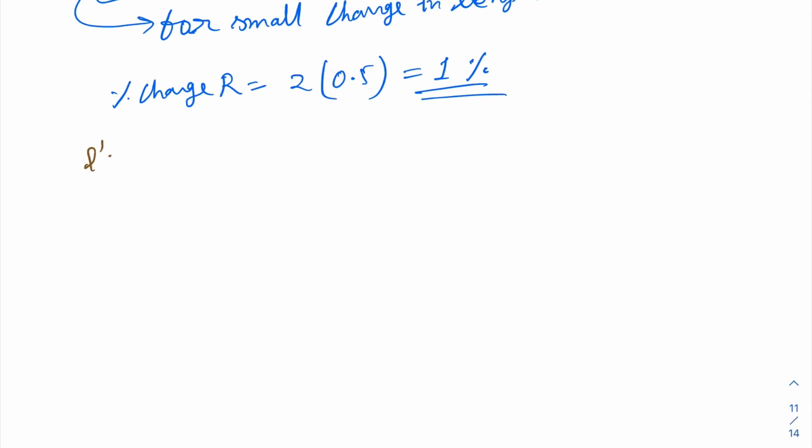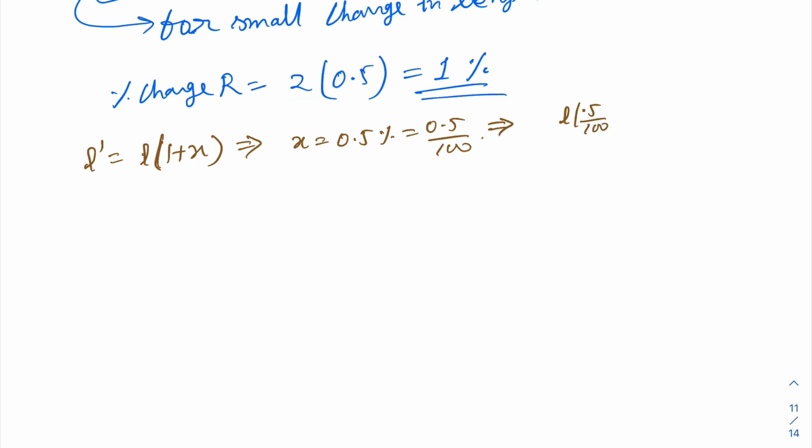कि अगर आपका लेंथ हो जाएगा L इक्वल टू L इंटू 1 प्लस x। मान लीजिए ये परसेंटेज चेंज हुआ x, जैसे यहाँ पर दिया आपको x इक्वल टू 0.5%, मीन्स 0.5 बाय 100, ये आपका x हो गया। याद रखिएगा, ये बहुत ही स्मॉल है। न्यू लेंथ क्या हो जाएगा, न्यू लेंथ L इंटू 0.5% हो गया, अब प्लस पहले L था, अभी L प्लस 0.5%। इसलिए मैंने यहाँ पर ये लिखा है, L कॉमन ले लीजिए तो 1 प्लस 0.5 बाय 100 मीन्स L इंटू 1 प्लस x,